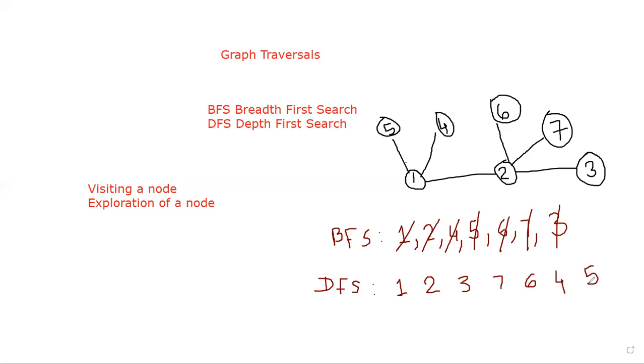In the case of DFS, you have to take one vertex, then you have to explore that vertex, and when you get a new vertex, then you have to explore that new vertex instead of the previous vertex. And when you explore the new vertex, you will get another new vertex, then you go and explore that new vertex instead of the previous vertex. Likewise, DFS goes. This is the simple example of BFS and DFS. I will take another example and show how BFS and DFS actually work.